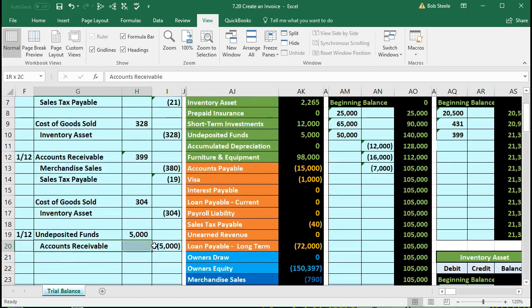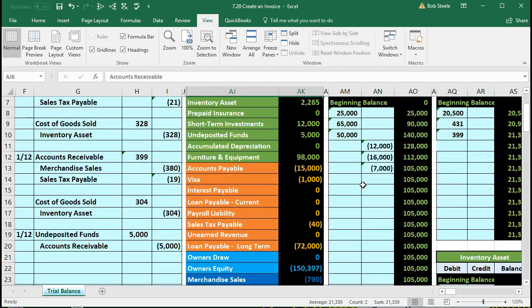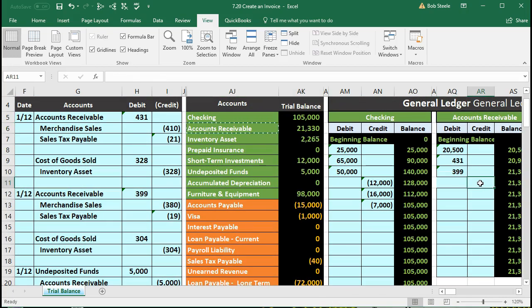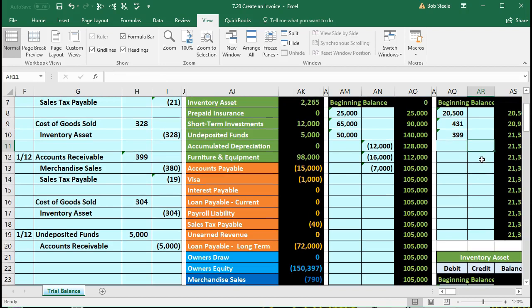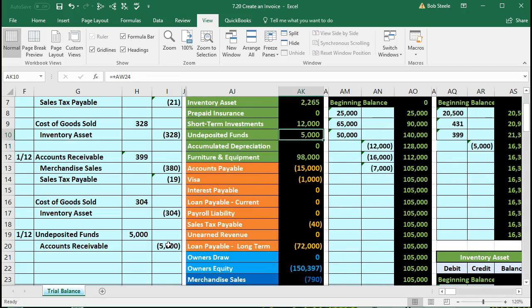We're then going to record the receivable side. So here's the accounts receivable that we want to record. It's the second account on the trial balance and therefore will be the second account on the general ledger as well. So it's right there. We're going to scroll down just a bit. We're in cell AR11. We will say equals and then point to the I-20 and enter. So that amount has gone down from 21,330 down by 5,000 because we did the opposite thing to it, a credit, to 16,330. That same 16,330 would then be found over here